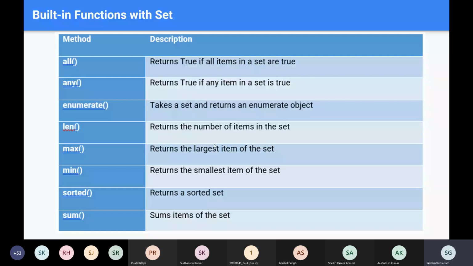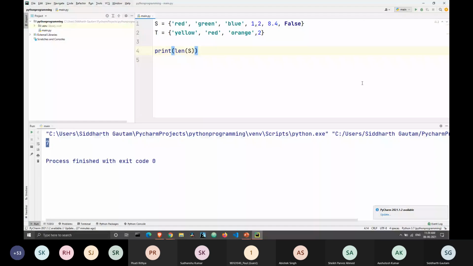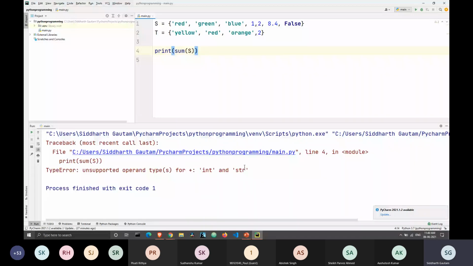Let's see how the sum function works because we have both numbers and strings in the set. So we are going to print the sum of S, and when we print this, as you can see, there are some errors here. That's because we have both strings and numbers in the set. So let's make a third set here. We'll make a set U, and we'll write U is equal to, and we will declare our set, and we can write 1, 2, 3, and maybe 7.